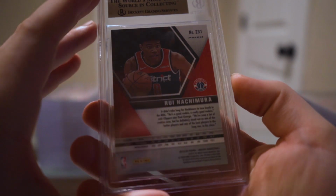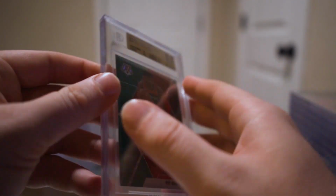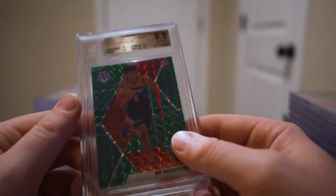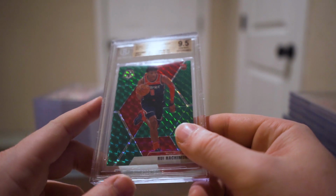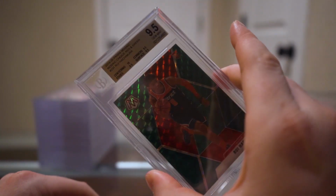I know I didn't open up any mosaic choice, so I don't know how I wouldn't have come across this. I definitely didn't buy a mosaic choice, but I'll have to look up what the Hachimura mosaic choice actually looks like. But that's one of the few, if only, Hachimura cards I graded. But 9.5 there. And on to the last stack,